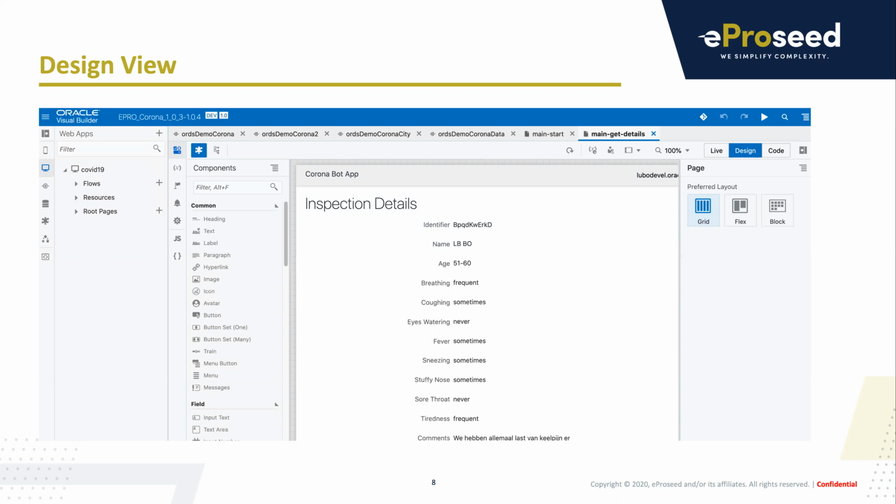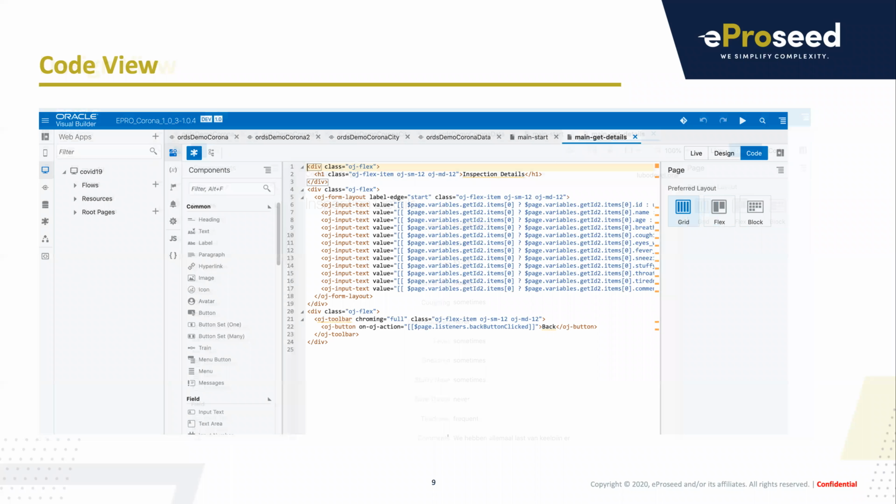design view. And as you can see on the right-hand side of the slide, there's the design tab, which is in blue. But next to that, there's a code and there's a live tab. So if you open the live tab, you will see really the live application working and talking against live data. And the code view is the one that shows you actually the code behind the